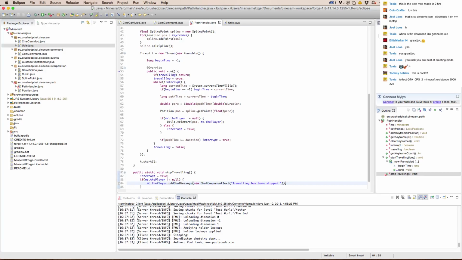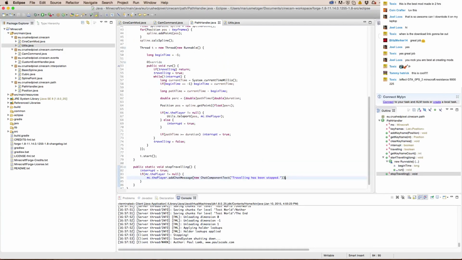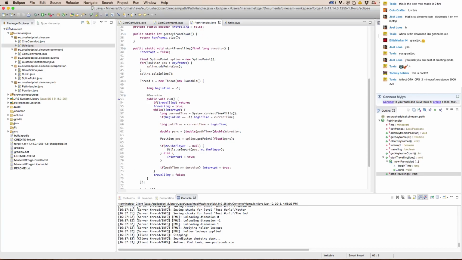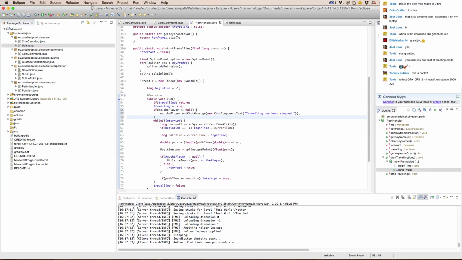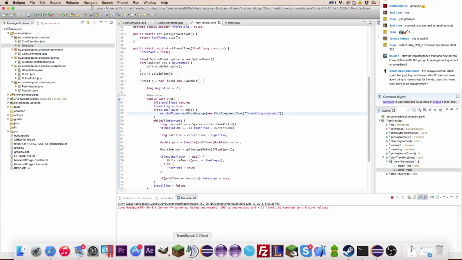Imported, and here we go. Okay, like this. Okay, if I run the mod again,